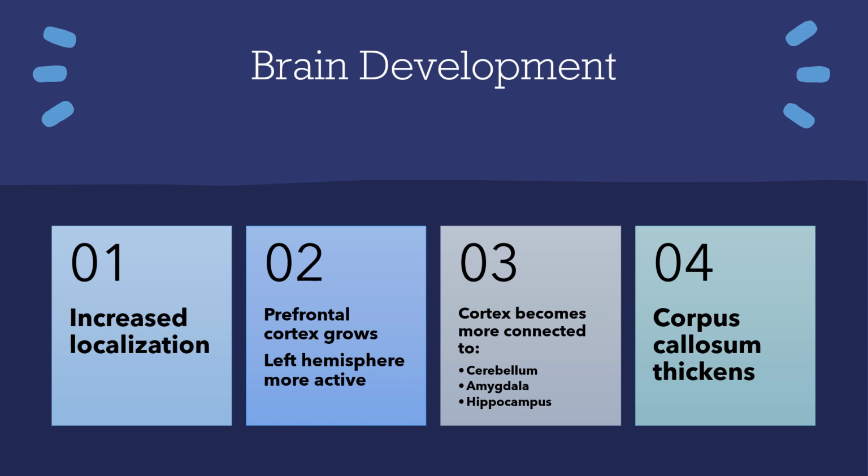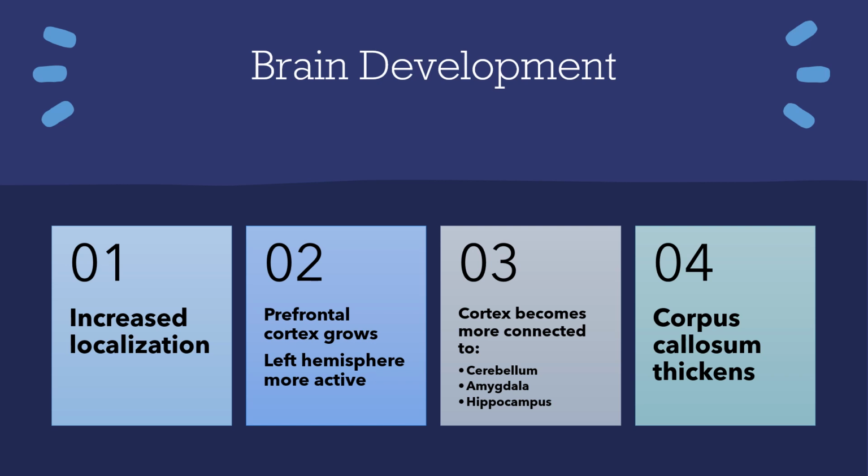The amygdala is a structure that's very important for processing and regulating emotions. And so, again, that's making more connections to the cortex, which is then kind of controlling everything. Prior to childhood, they don't have very good emotional regulation because the amygdala is just kind of acting on its own. But at this point, as it becomes more interconnected with the cortex, they start to get more control over how they're choosing to express their emotions.